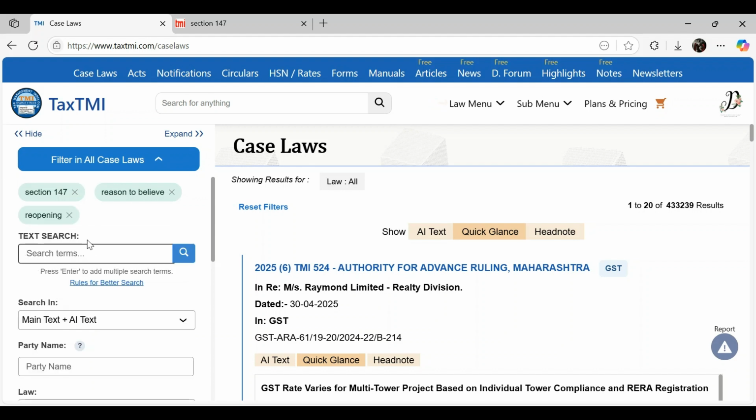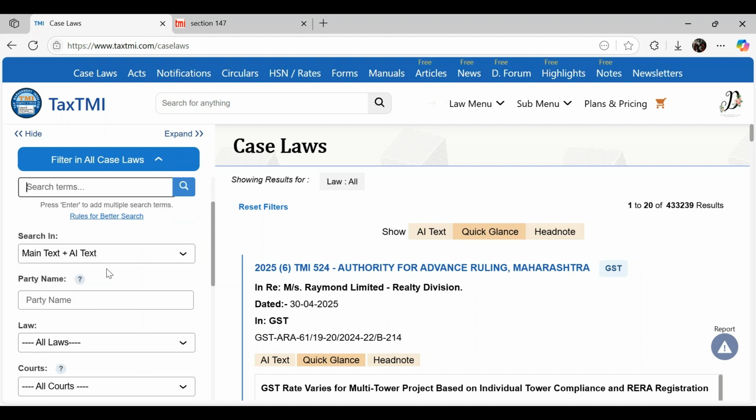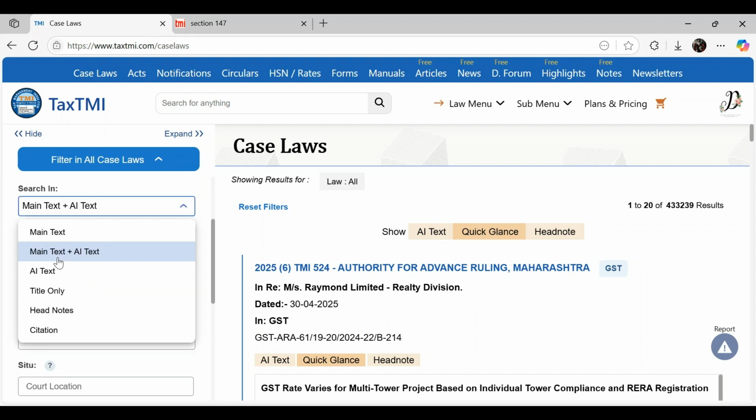When we add a keyword here, this new filter is shown to us, which is particularly present for the text search option, giving us a list of options in where we want to search the keywords.